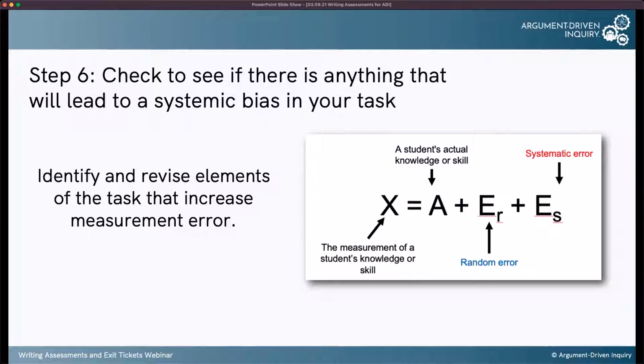Writing assessments is so hard. None of this is easy. And bias creeps in. Even with the best of intentions, bias is going to creep in. And so we think of there being sort of random errors. There's going to be little things that you just can't account for, but there are lots of things that make it really difficult to tell if